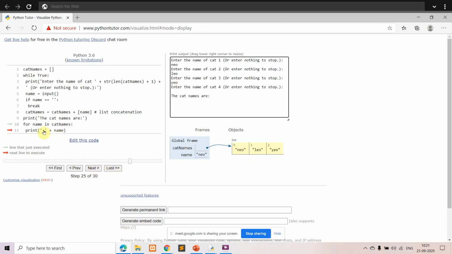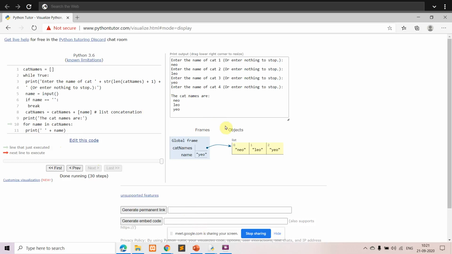So you can see here for name in cat names, first will be Neo. After that, the index position will be 1, so the next value will be Leo. And again the index position will be 2, so the third name is printed. After that you're terminating the for loop, the condition becomes false, you're coming out of the loop.